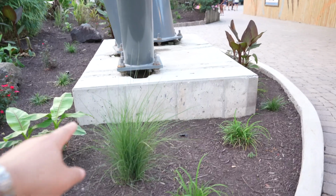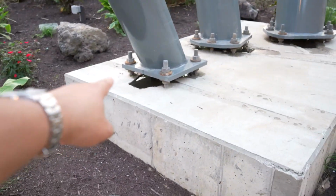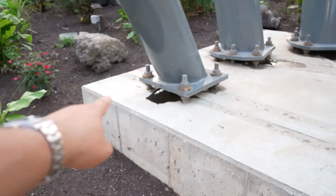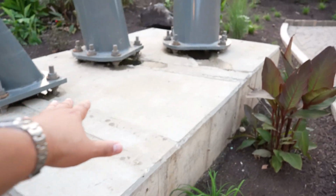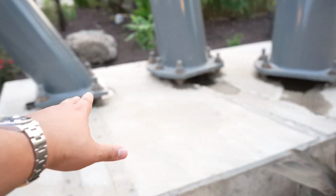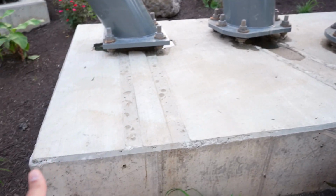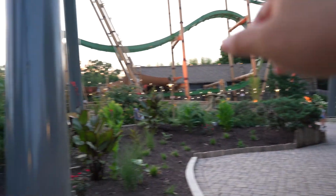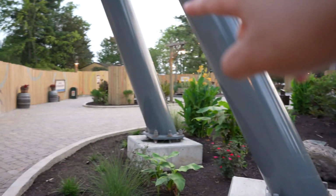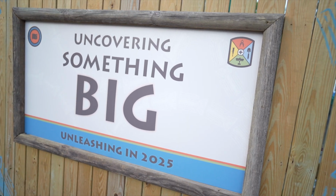And we could also confirm that that big box was a support. I think it's kind of interesting how some of the supports, as you can see, are kind of hollow underneath. I wonder what that's for, because it looks like it's kind of unfinished, the cement, but obviously it has some type of purpose, I'm sure. Very cool, guys. That's a total of, what? 1, 2, 3, 4, 5, 6, 7 redundant supports out here, and many more to come,